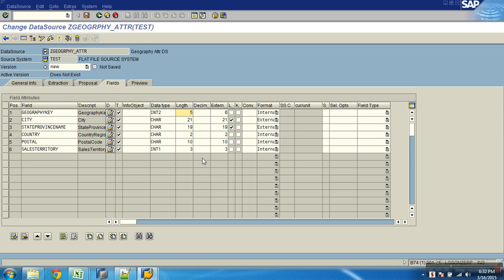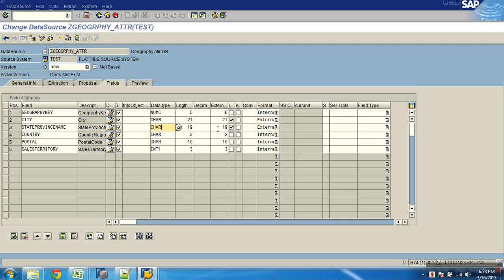Can I make it 3? So you can customize data type, all those also, no issues. Anything can be customized. Say, for example, now I don't want that to be integer. I'll say let it take it as NUMC only. I can change it. City is CHAR, okay, this is fine, and lowercase is also enabled based on the data available.